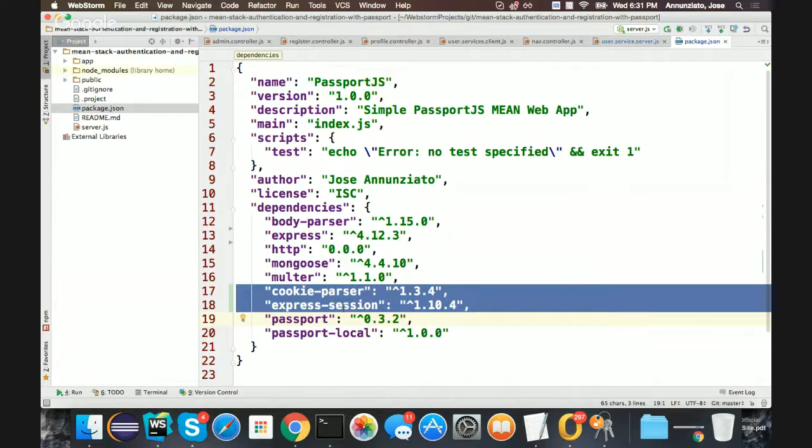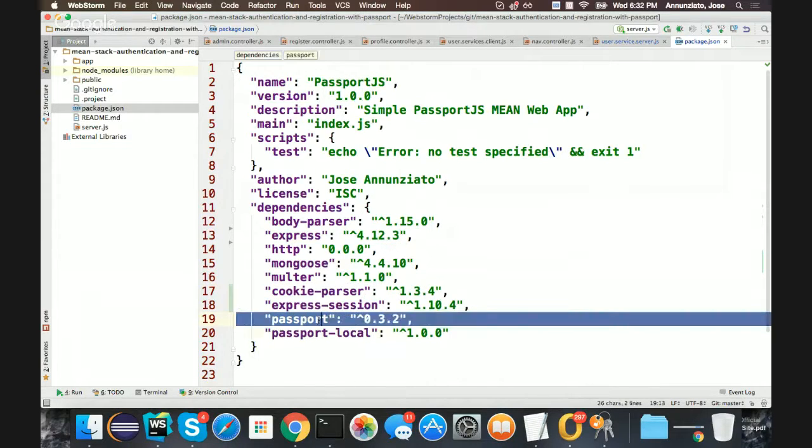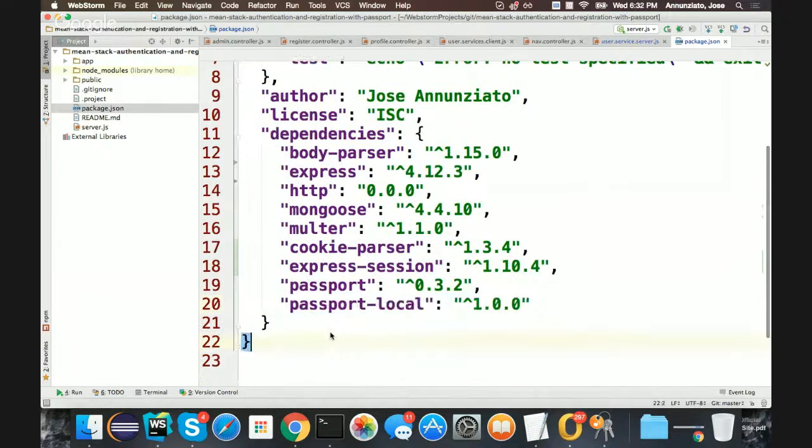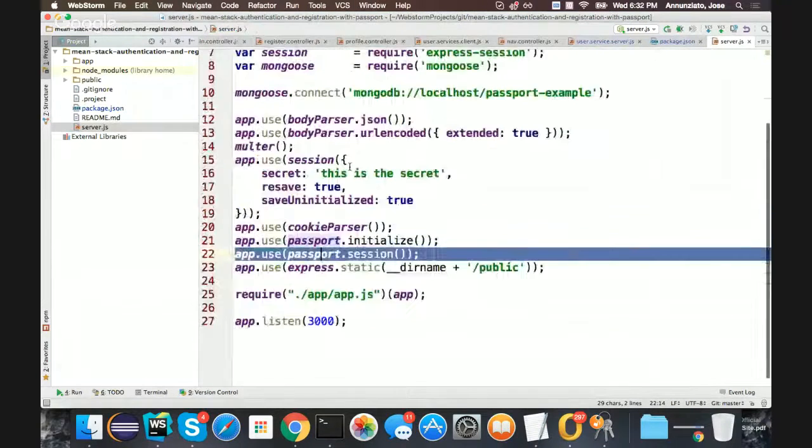After those two are installed, you'll need to install the core Passport library, and then any combination of strategies. Well, at least one. You need to install at least one strategy, usually at least the local strategy. It's implemented in its own Node.js module. Then on the server, you'll need to